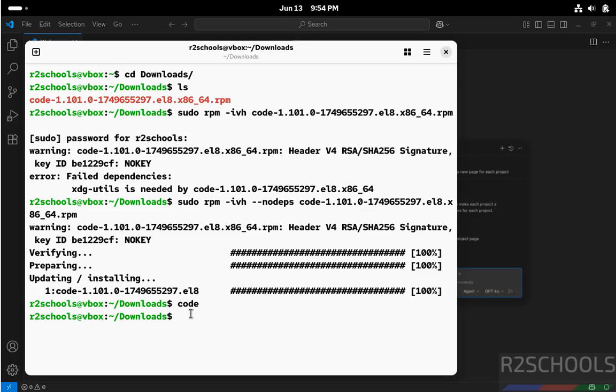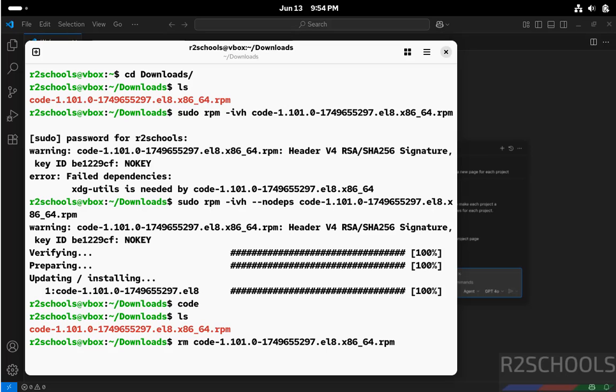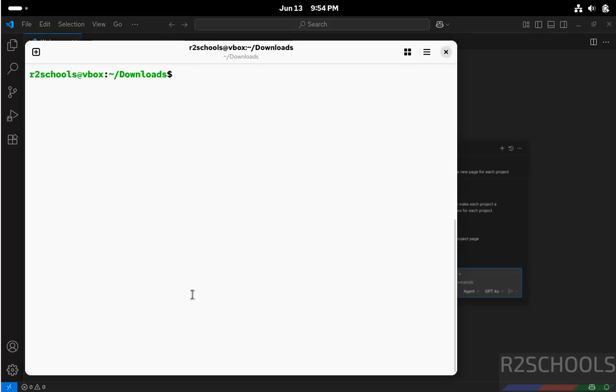Okay, so ls, we have successfully installed. This file is not required anymore, so give rm code, press tab, hit enter. We have cleared the space. Okay, so in this video we have seen how to download and install Visual Studio Code latest version